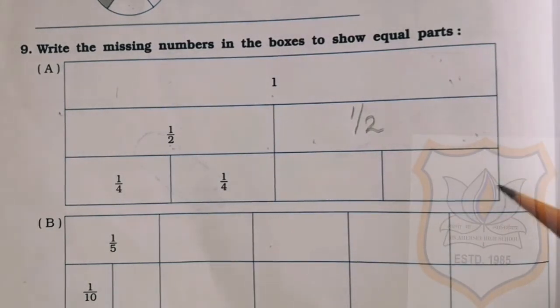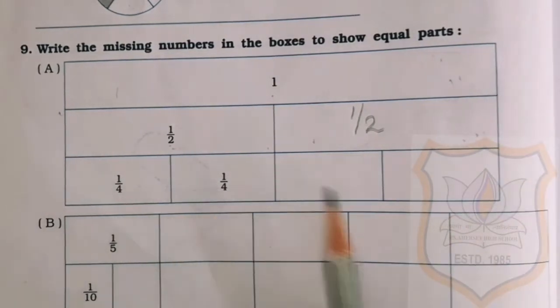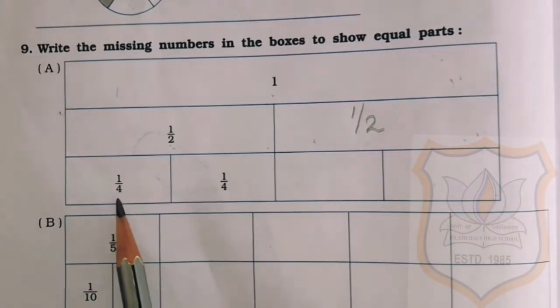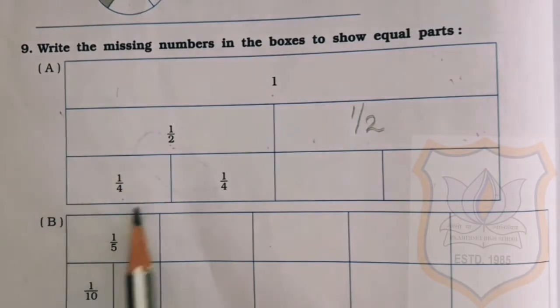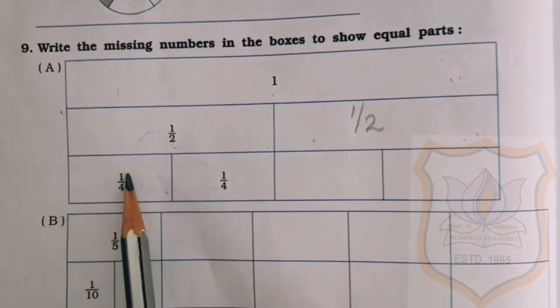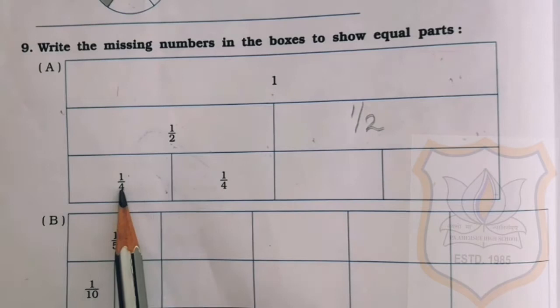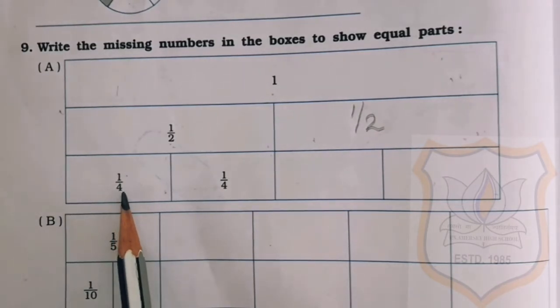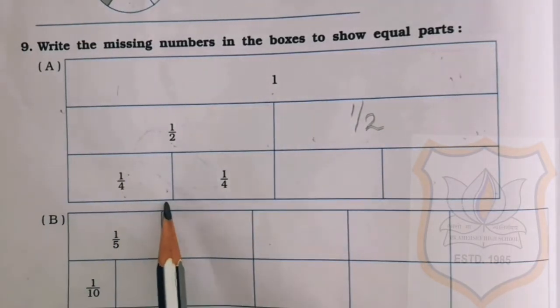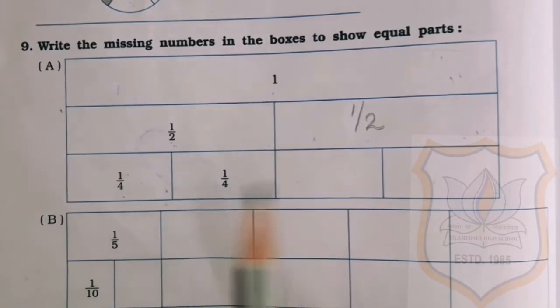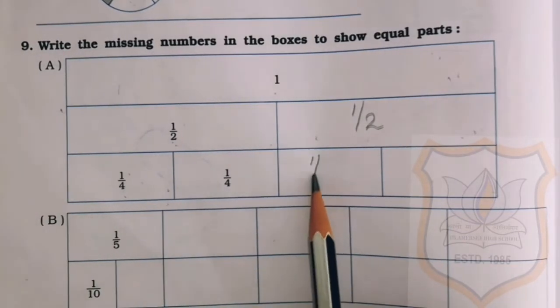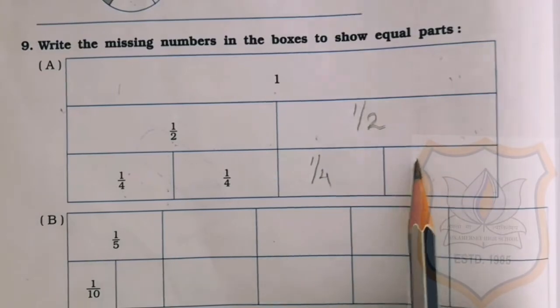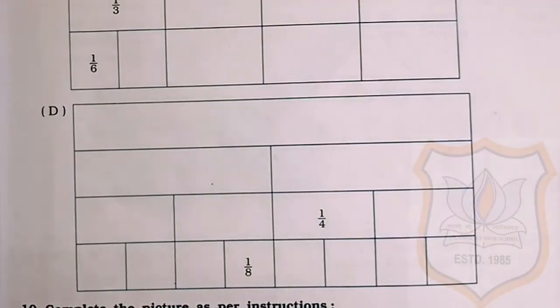Now this part is further divided into 1, 2, 3 and 4 equal parts. So the total parts now are 4. So we will write 4 as a denominator and if we are taking this much one part, so this one we will write here as 1 by 4. So now the part is 1/4. Here also we will write 1 by 4. This is also 1 by 4th part and this is also 1 by 4th part. Students, try to solve B and C part of question number 9 by yourself.